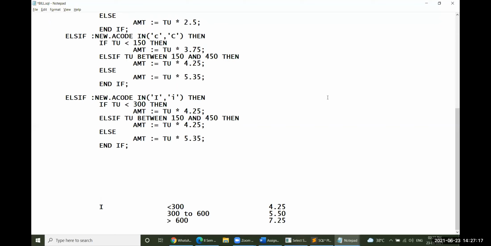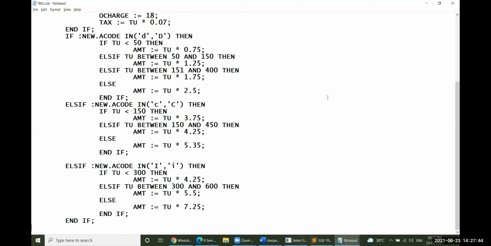Then 300 to 600, it could be 5.55. Otherwise, it is 7.25. Yes, everything is over.